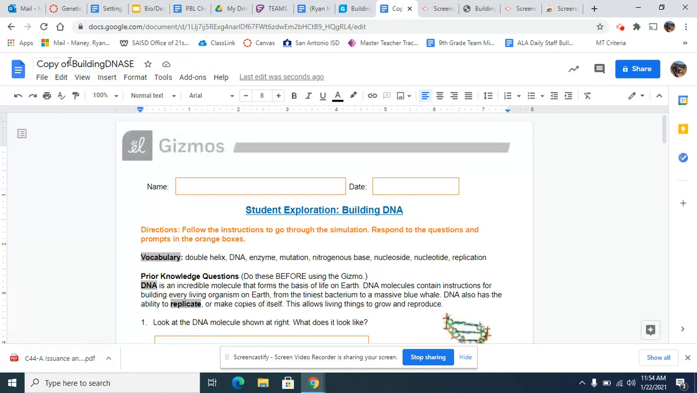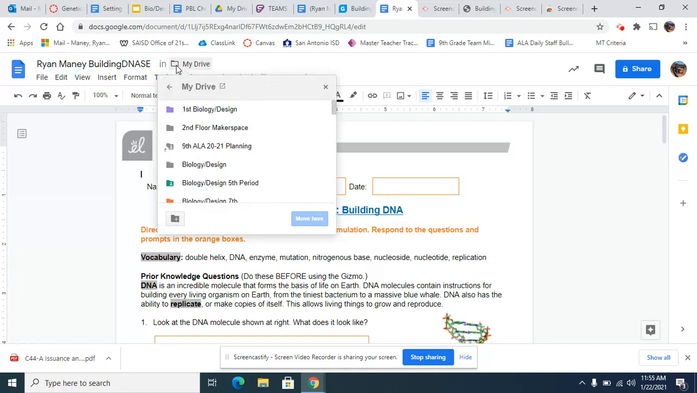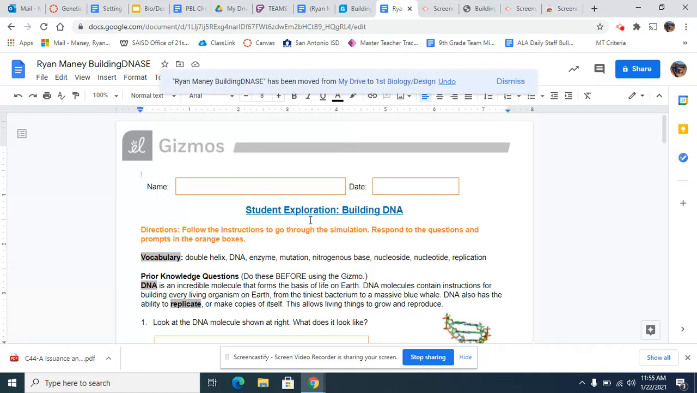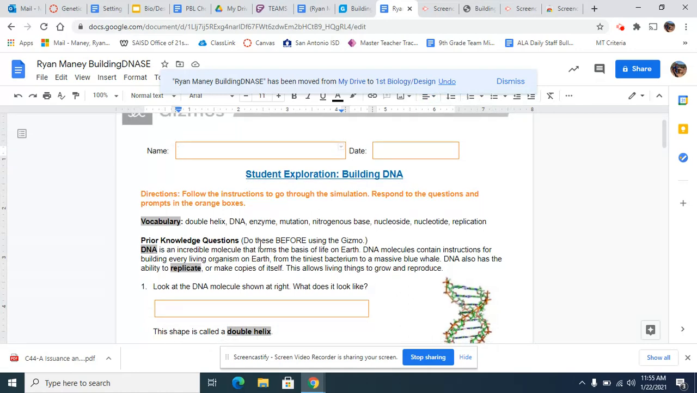So our next step is I'm going to come up to the title and I want to put in my name. Since my name is Ryan Maney, I would put that. You would put in your first and last name here at the start of this title. And then where it says My Drive, you'll want to click on this folder here, and we're going to move it to your biology design folder, which you have already set up, and then click Move. That automatically shares this with me, so I know to go look for it, and then you can continue working through the Gizmo